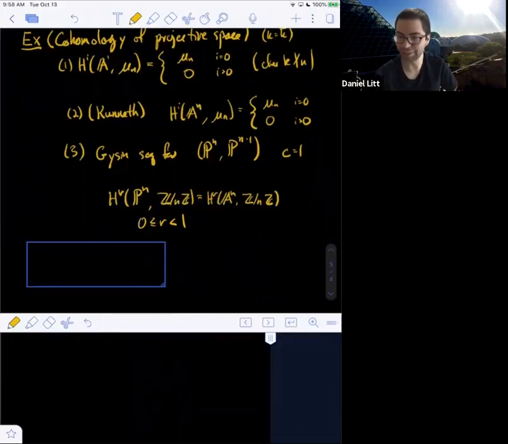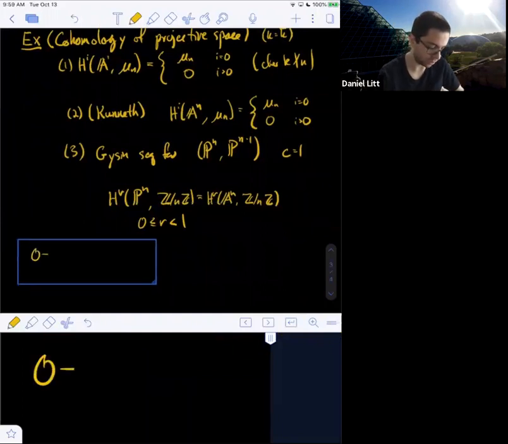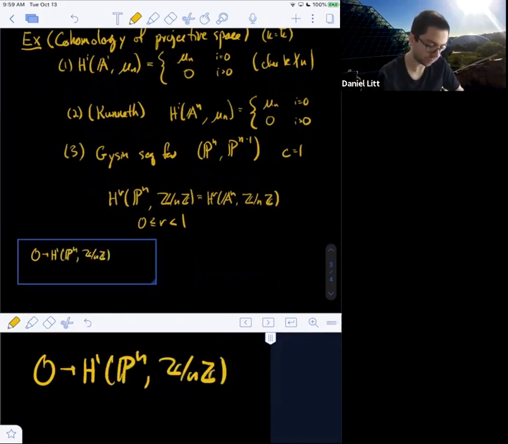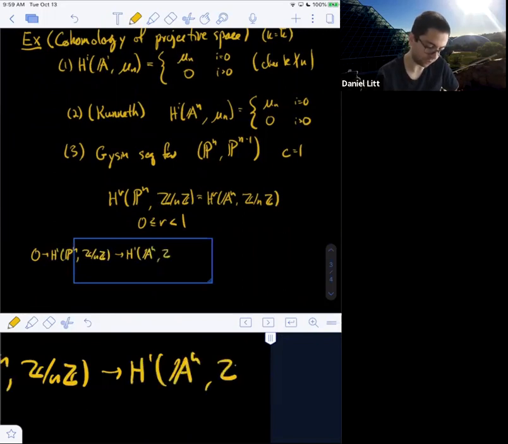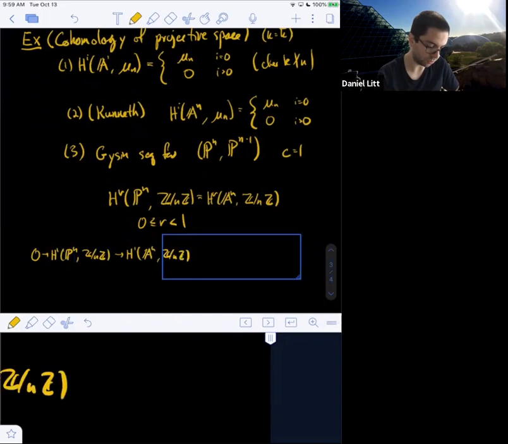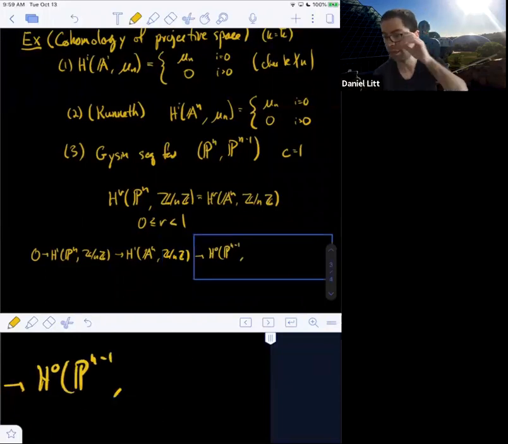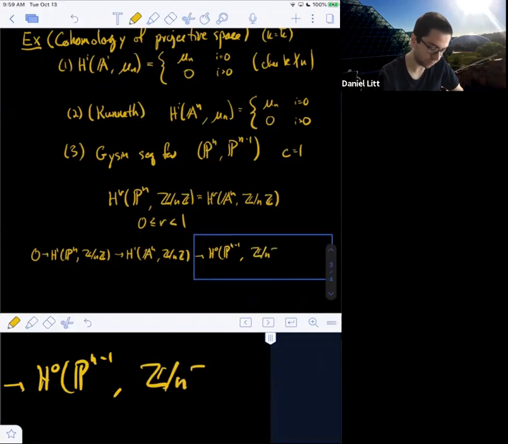And then we get a long exact sequence, which goes from 0 to H^1 of P^n with coefficients in Z mod nZ, to H^1 of affine space with coefficients in Z mod nZ, to H^0 of P^{n-1} with coefficients in Z mod nZ of minus 1, right?